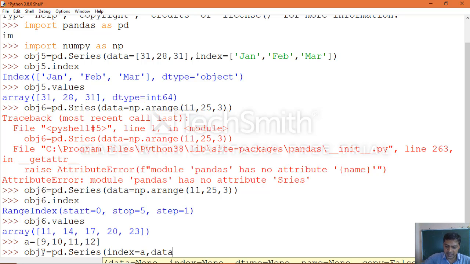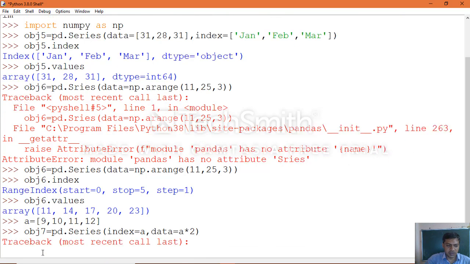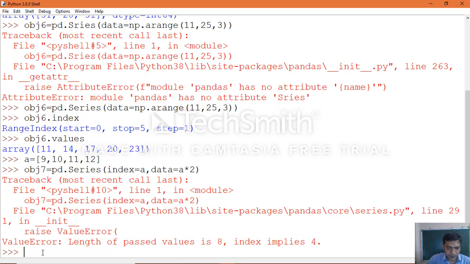At the same time data equal to the array multiplied by 2. We created the object. Length of passed values is 8 and index implies 4.